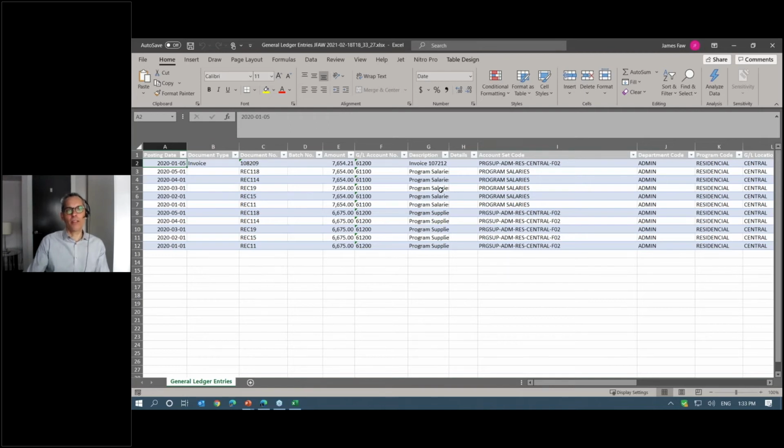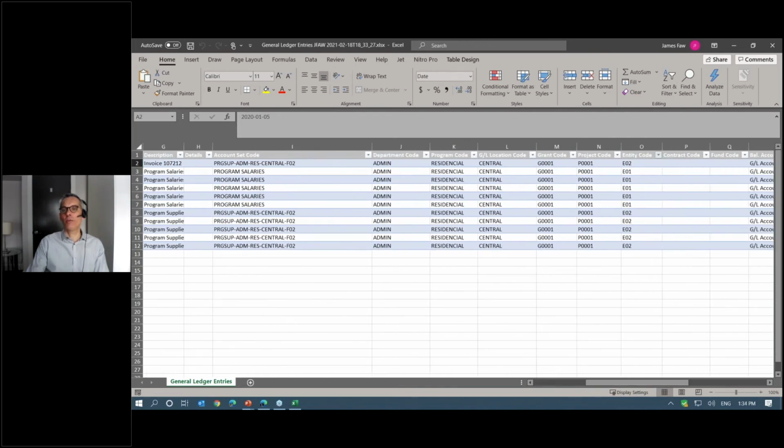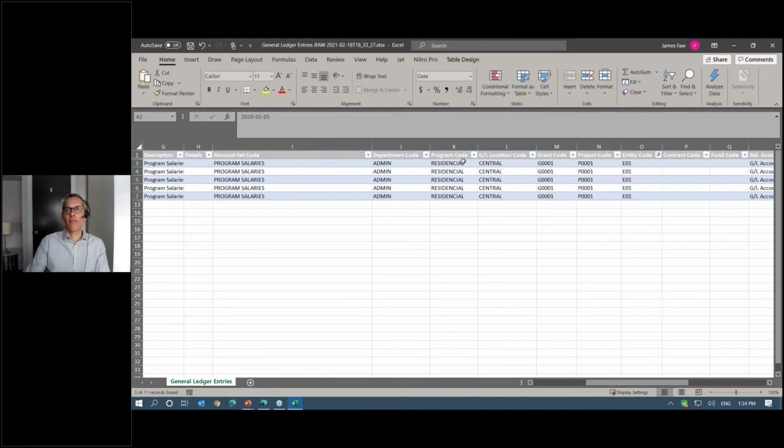So, I can modify the columns on my screen there, and whatever I have shown on my screen is what gets pushed out to Excel. And so if I'm working here and I want to use my auto filters even further, and I want to zero in on maybe a specific entity code, well, I can select that I'm just going to look at entity EO1 here, and I can filter that data further as I'm using Excel.